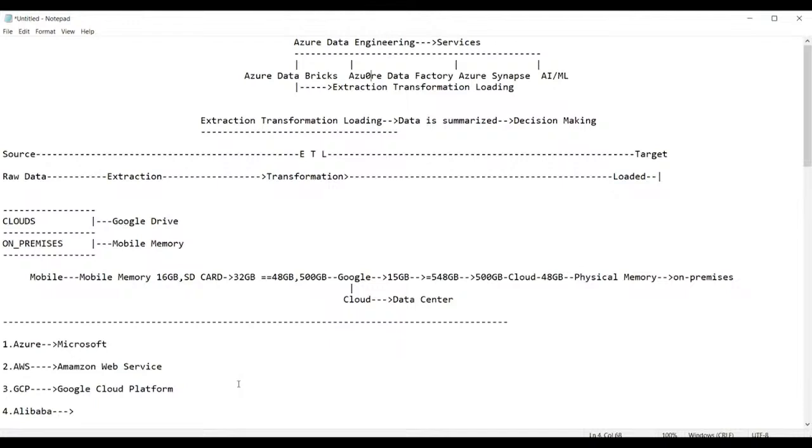Sir, there is a coding part in the curriculum, so do we need to learn coding as well? Yes, of course. Whichever coding is required, we will discuss it in the class itself. You need not learn coding separately somewhere outside. I will explain it. It will be easy, not as tough as people think. We will see coding in 4 different languages: SQL, Python, R, and Scala.